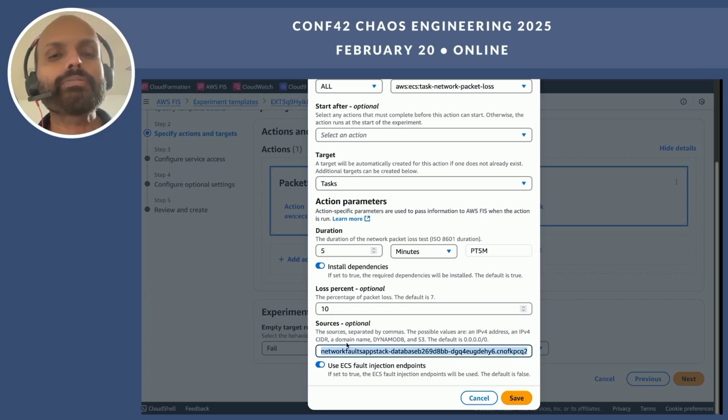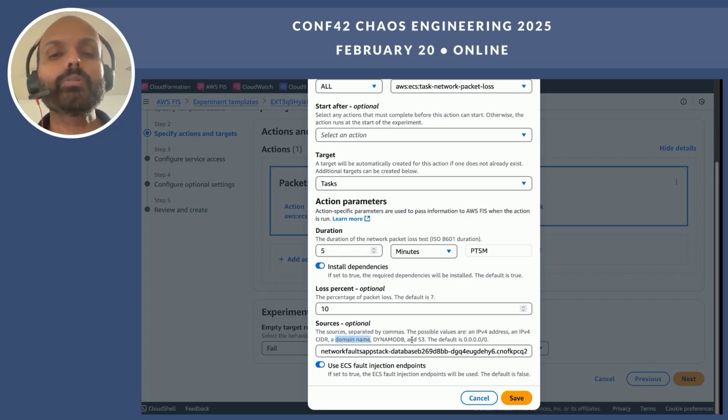And like we did here, you can specify a domain name of, let's say, a third party. Let's say you have an application dependency that is on-premise or running elsewhere other than AWS, maybe a SaaS product. Then you can specify the domain name of those endpoints of those dependencies that your application might be communicating with through APIs and add that here.